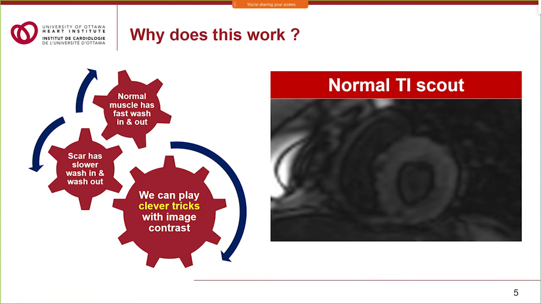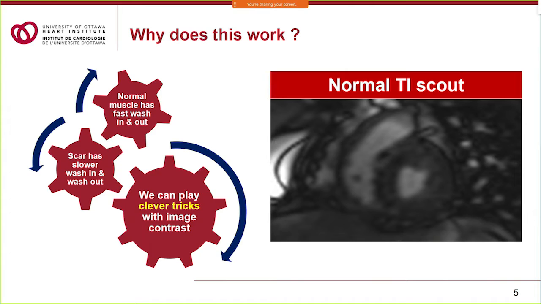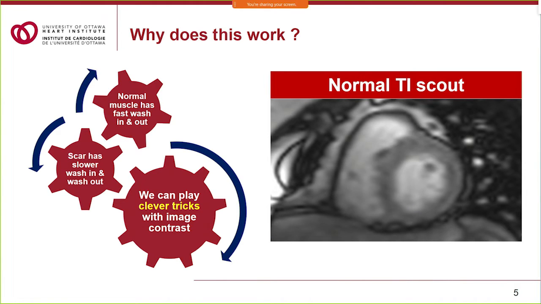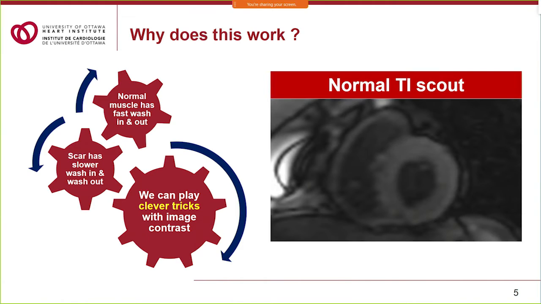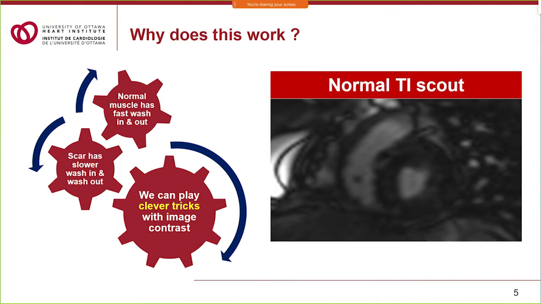But the reason it works, either for CT or MR, is that there's a differential wash-in and wash-out rate of contrast between normal myocardium, healthy myocardium, and areas of scar. So scarred myocardium, it's slower for contrast to wash in, and once the contrast is there, it's slower for contrast to wash out again. And one of the nice things about MRI is that we can play some clever sequence